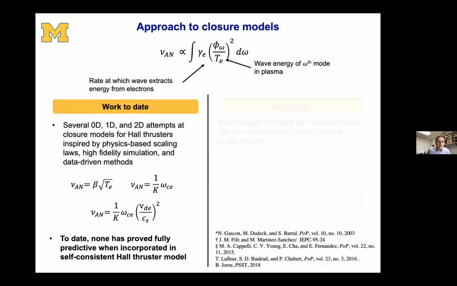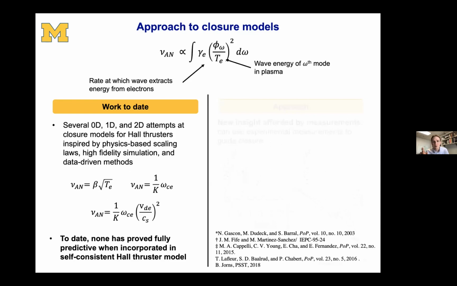So there's been quite a bit of work on this in the past. Not a lot of it informed directly by experimental measurement, more informed by drawing parallels from other communities or even data-driven methods. But you can kind of see notionally what those closures look like. You have Bohm scaling, or you have transport scaling, which is based off of assuming eddy turnover to viscous effects. So it actually draws parallels from classical turbulent fluids. But I guess I'll end